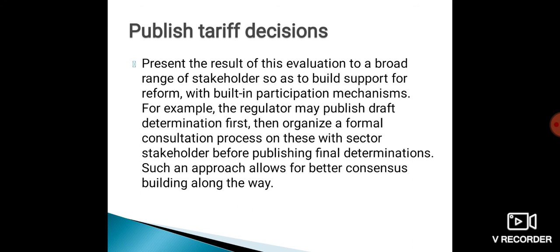Such an approach allows better consensus building along the way. That means the regulator will form a draft copy and present it in front of the stakeholders before publishing, for better design and consultation.